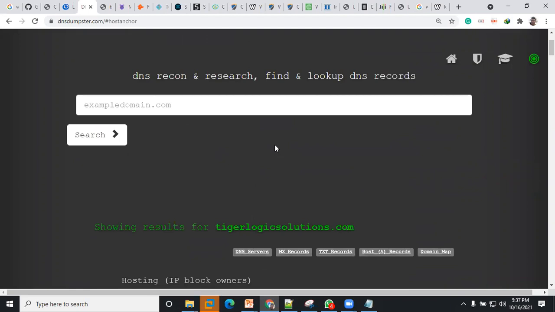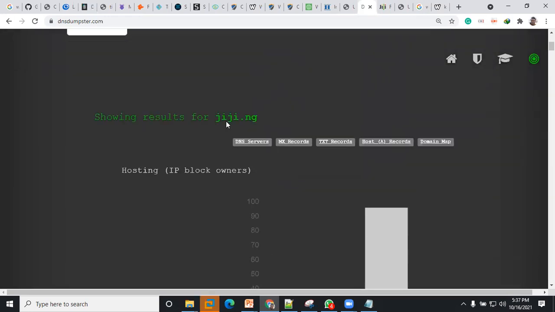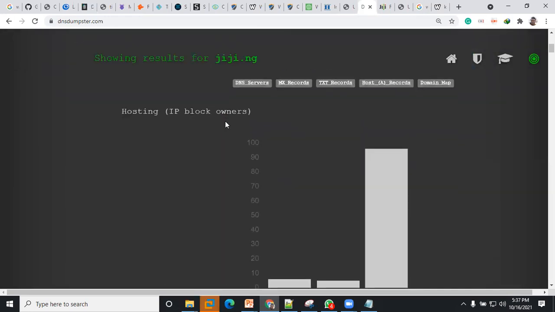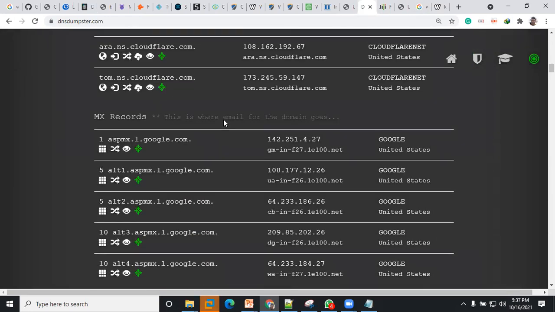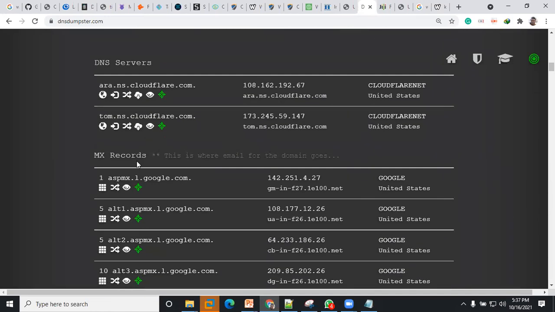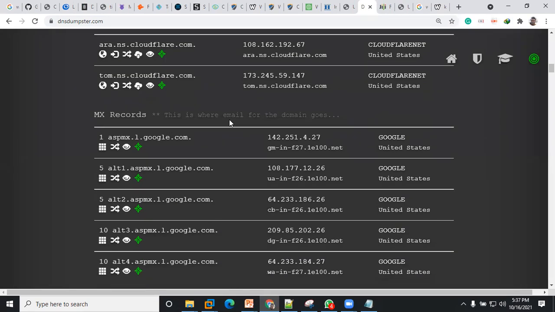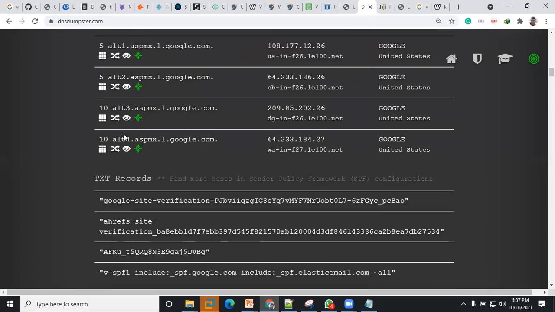You can now start scanning those IP addresses to look out for open ports and the services that are running on those ports, right? We did one for GG, right? You can see for GG the same things. We can see the DNS server, it's using Cloudflare, right? We can also see the mail exchange servers.